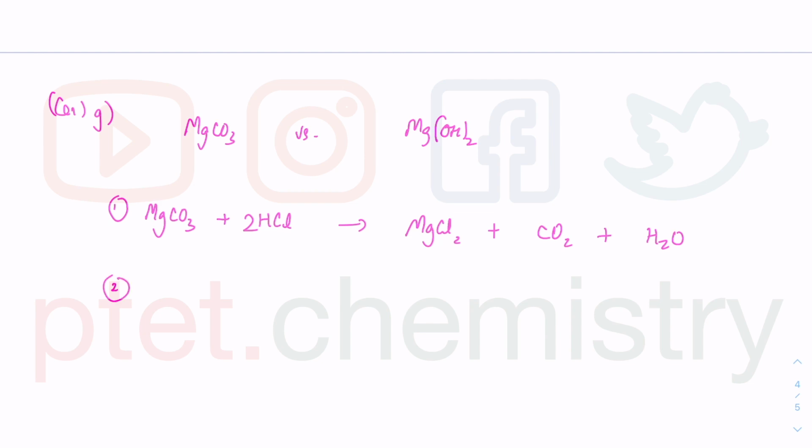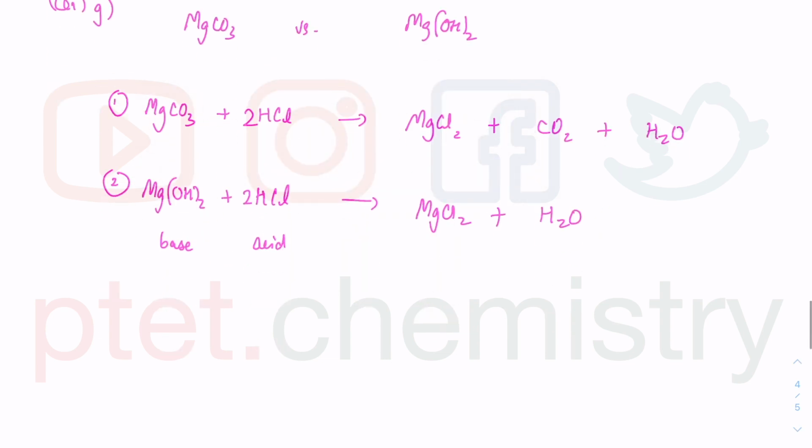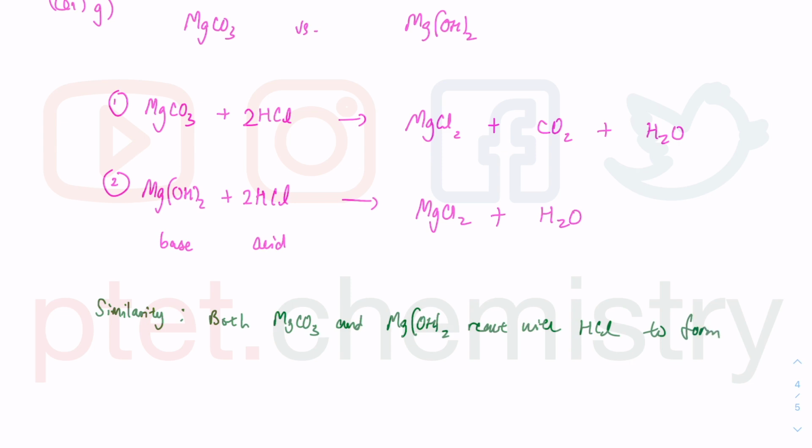Let me write the equation for what happened with magnesium hydroxide plus HCl. So this is your base or your alkali, this is your acid, this is going to be neutralization. Acid-base neutralization will give you salt, MgCl2 because Mg2+ Cl-, and it also gives you water as well. Whatever equation you write has to be balanced every single time. So what's going to be the similarity and difference in these two reactions? I can say that from these equations that I've shown above, in terms of the similarity, both MgCO3 and Mg(OH)2 react with HCl to form metal salt, which is MgCl2, same metal salt,